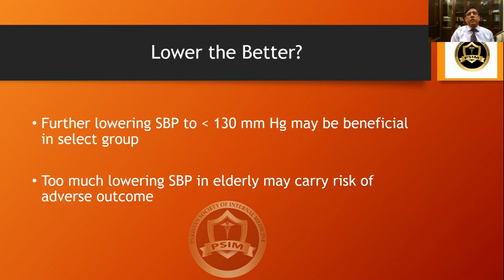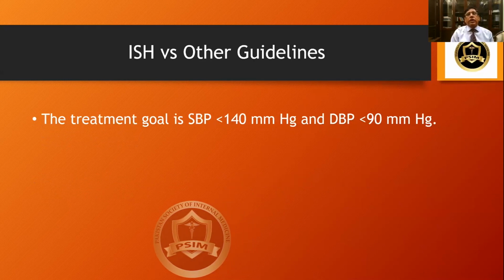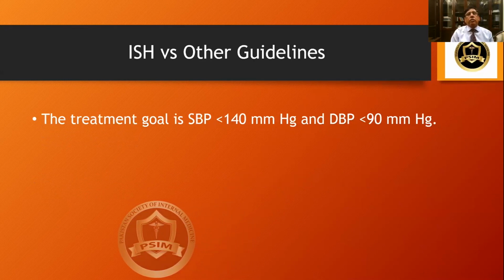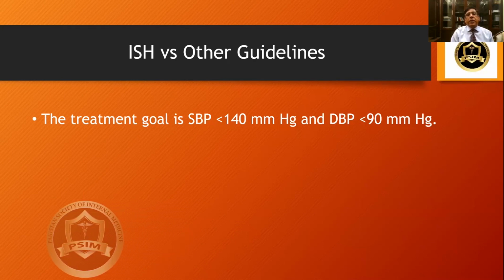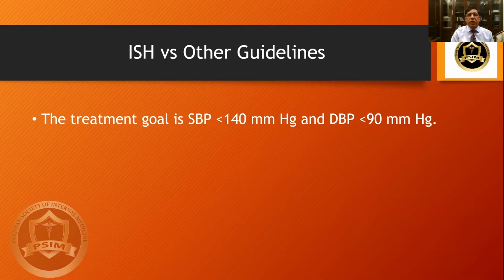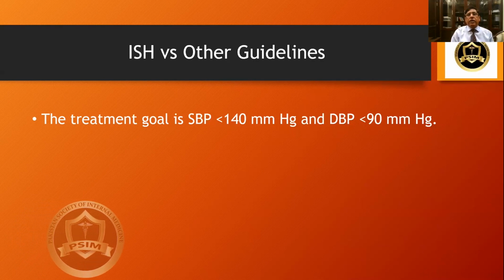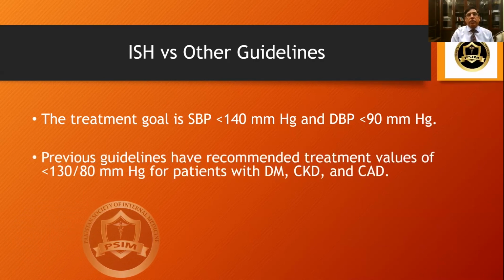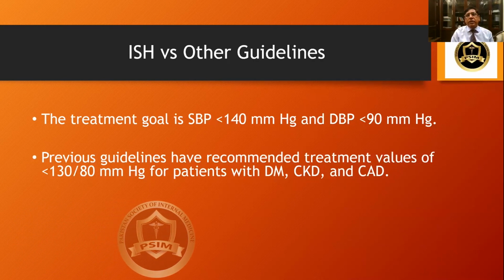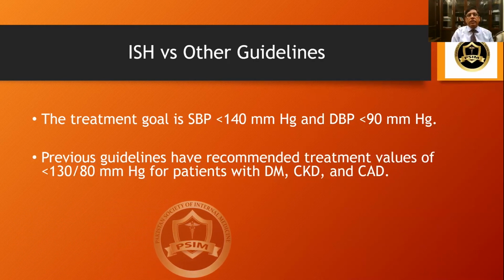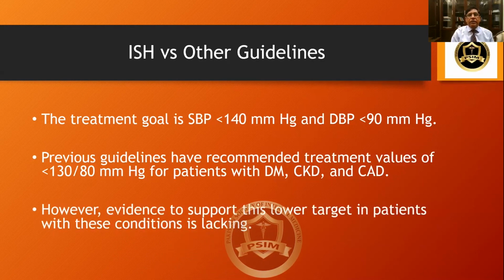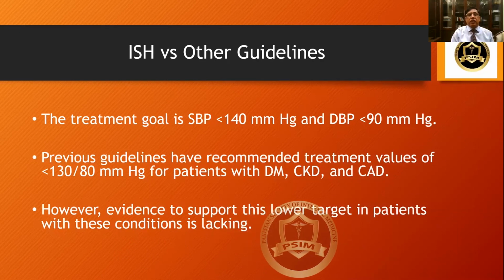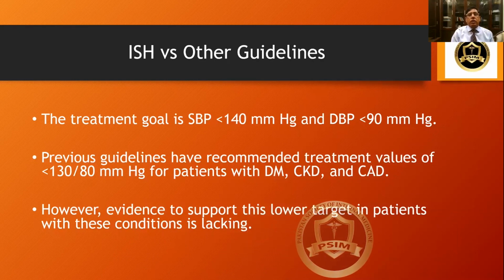So there are some differences between different societies' guidelines over how much lower. The treatment goal for the International Society of Hypertension is systolic blood pressure less than 140 and diastolic less than 90. Some previous guidelines have recommended treatment values of less than 130/80 mmHg for patients who have diabetes, chronic kidney disease, or coronary artery disease. But the evidence that this lower target benefits these patients is lacking. So we stick to the ISH